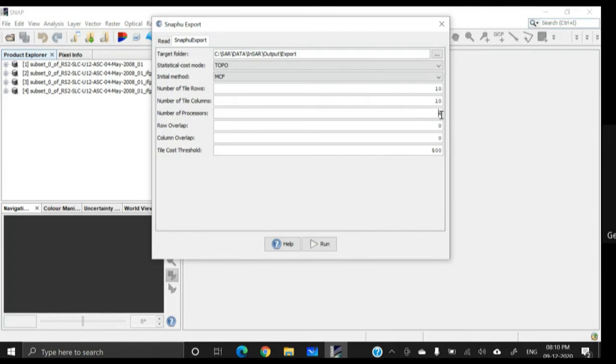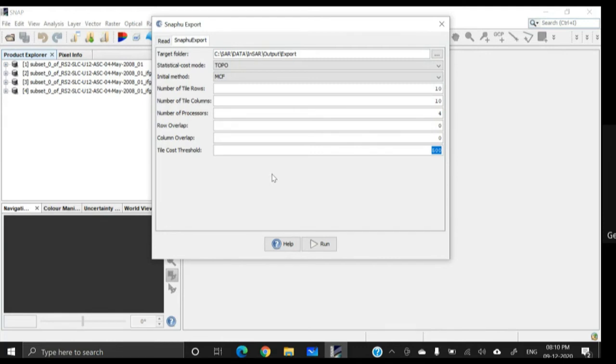If you enter a value like, say, 60, but in your computer you have only 2 processors, it does not matter. The computer will take only 2 processors. Then row overlap, let us consider 0, column overlap let us consider 0, then tile cost threshold 500. I mean, simultaneously a maximum of 500 tiles will be considered in the processing. Now see, all these parameters are actually related to the processing time.